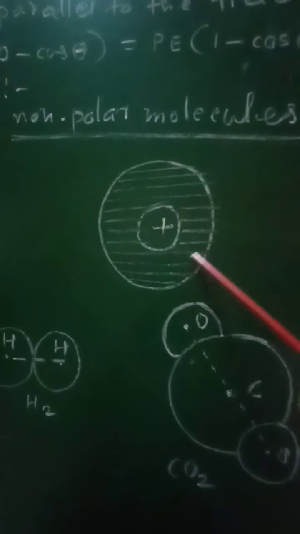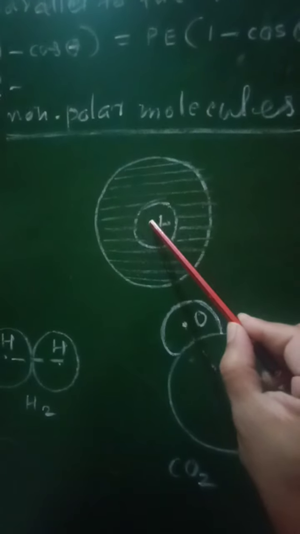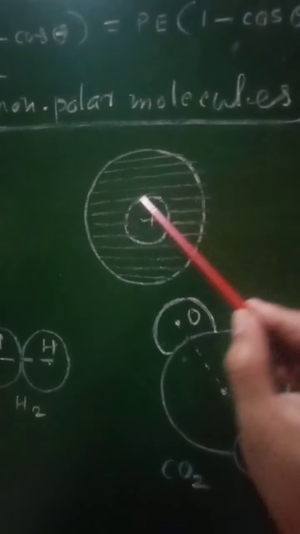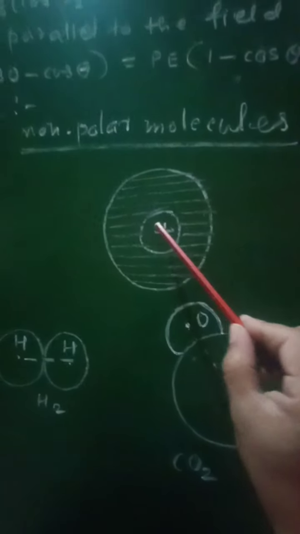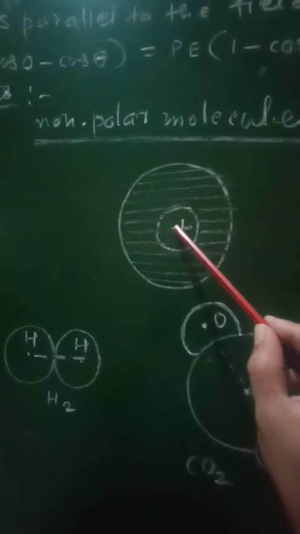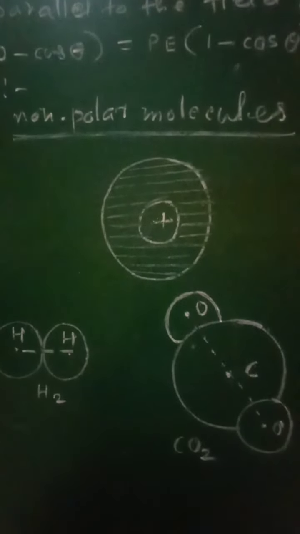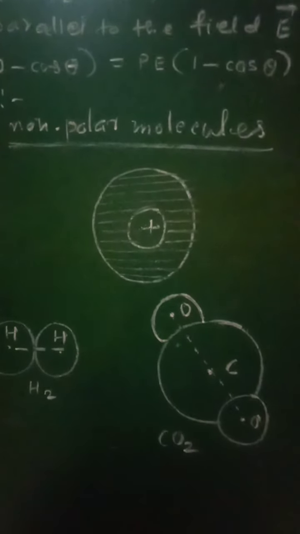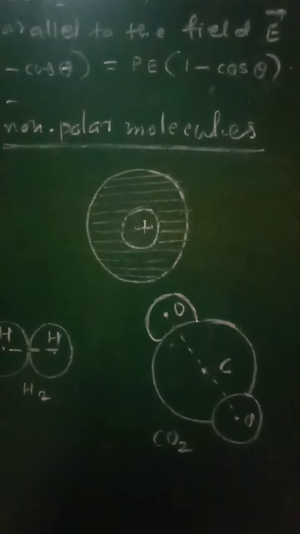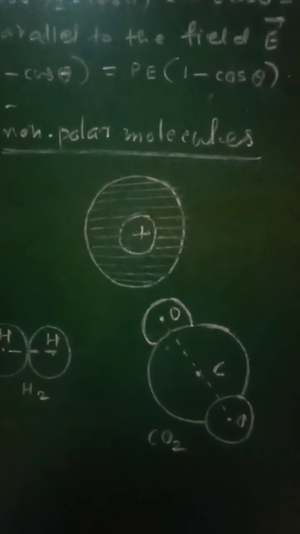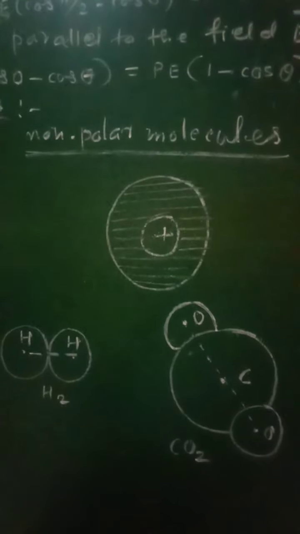On the other hand, in case of a non-polar molecule, if you consider this general example of the molecule, it is symmetric in shape, and therefore the center of mass of this positive charge and the center of mass of this negative charge will lie at the same point, that is they are coinciding, hence this molecule will be a non-polar molecule. That is the molecule in which the center of mass of the positive charges, that is protons, and the center of mass of the negative charges, that is electrons, coincide with each other. Such type of molecule is called a non-polar molecule.